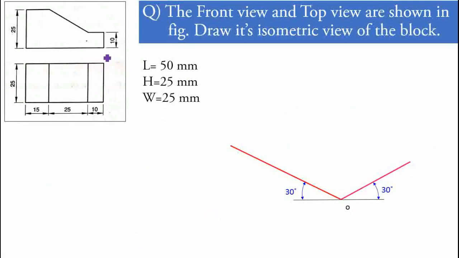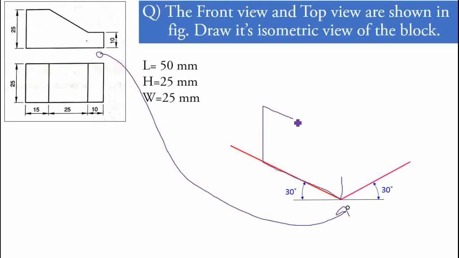Here the next criteria is, while we consider the lower right corner as the origin, just imagine that we draw the complete front view here, but we also match this origin point with this origin point. So what will happen is the length of the front view will be represented on the left side inclination line. Then the structure will be created in this way. This is the front view structure, now this direction will be our front view direction, and when we observe the object from the right side, that will be the right hand side view direction. Generally we always represent the X as the front view direction. After creating the front view structure, the remaining diagram will be like this.